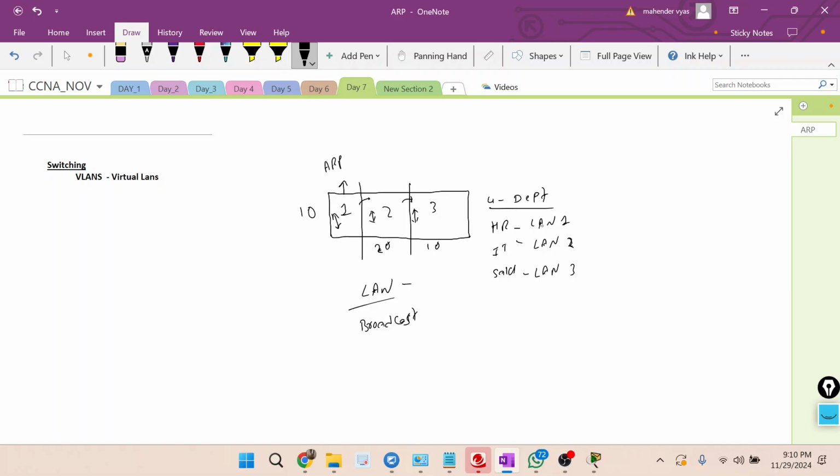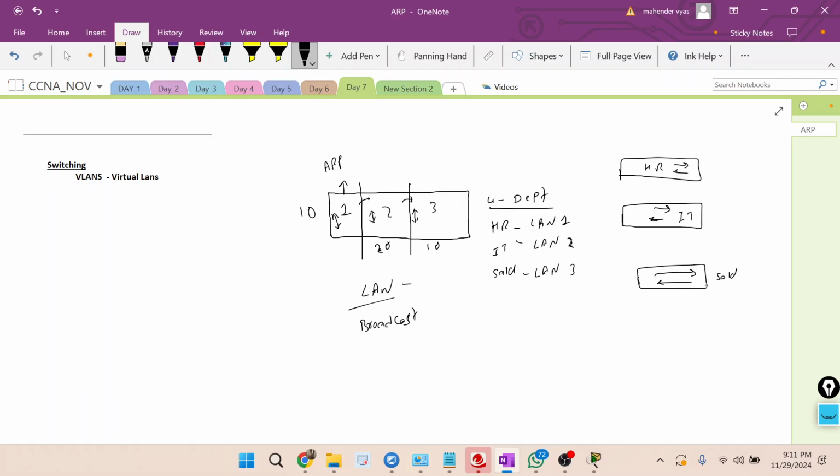Now how can we do this? We cannot have physical LANs, because for physical LANs we would need physical switches. For HR, suppose we need one switch. For IT, we would again need one more switch, and for sales again one more switch. Okay, this is not possible. A huge cost would be involved, right?